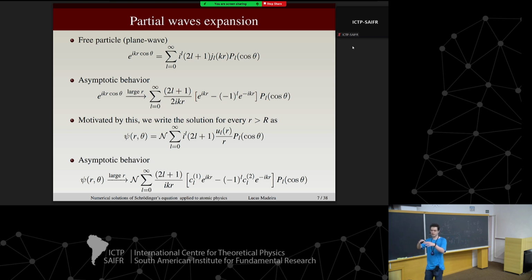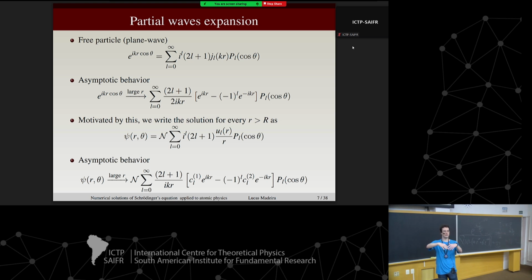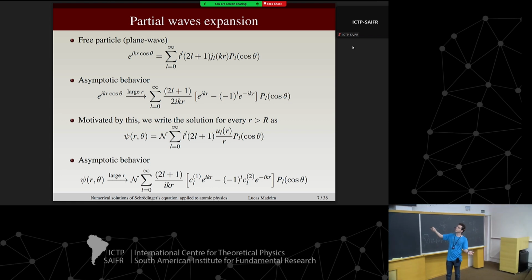As I said, when we're looking at scattering, we always want to look at what happens far from the origin, okay? So let's look at the asymptotic behavior of this, meaning that we have to know how this Bessel function here behaves for large arguments. And what we get is the following here. So my plane wave has an infinite number of partial waves. And far away from the origin, it's a combination of an outgoing spherical wave and an incoming spherical wave. Okay? So this is what happens with the free particle that's coming towards the scattering center. Okay?